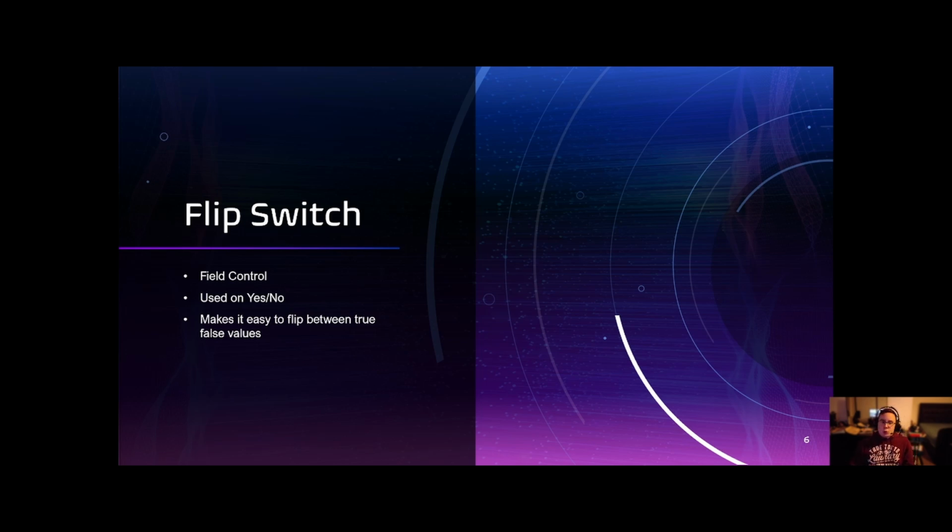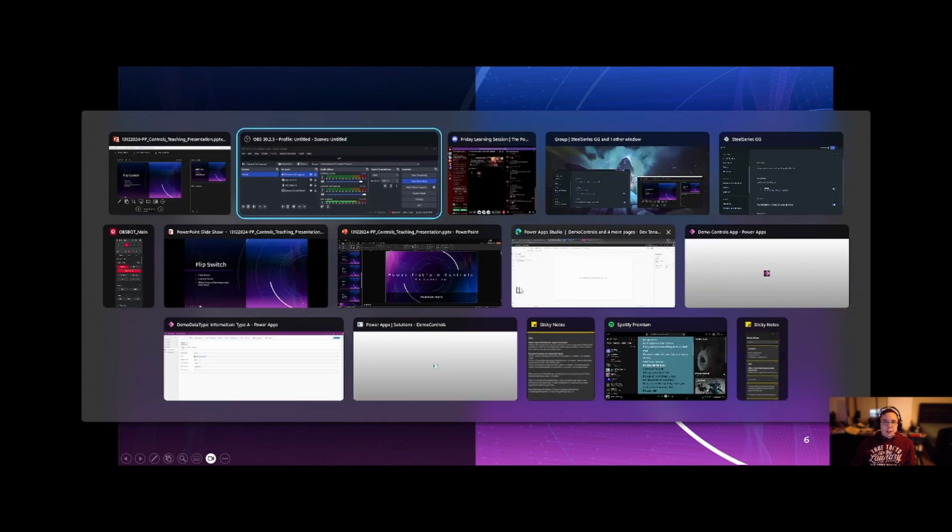But this field control is used on yes/no choice columns. Now yes/no choice columns are obviously a subtype of choice column. But this kind of flip switch control makes it really easy to flip between true and false values. So a demonstration of this, if I can pick the right spot,